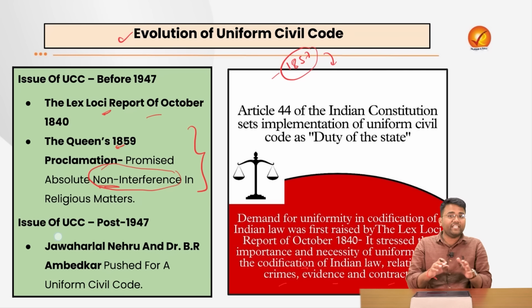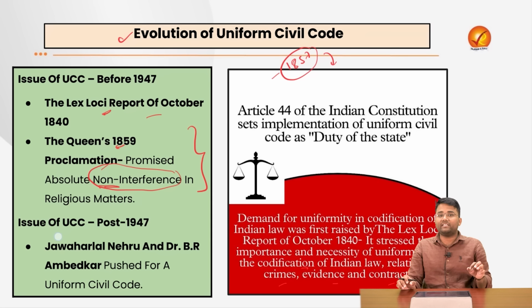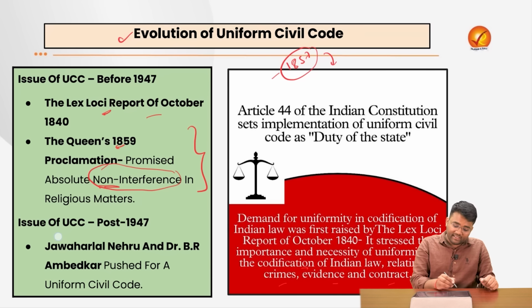So after the 1857 revolt, the colonial government also focused on the fact that they should not touch sensitive matters like social issues as well as religious issues. The Government of India Act of 1858 also came, which provided for the Secretary of State and established the office of the Viceroy of India. And then after the